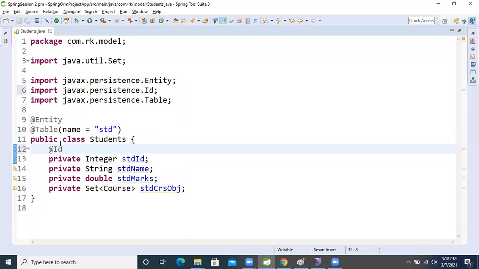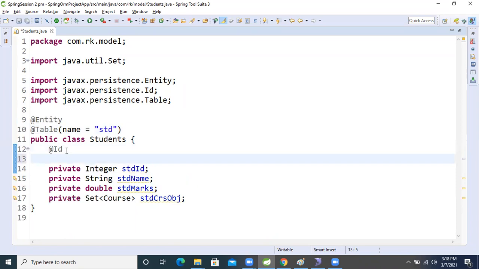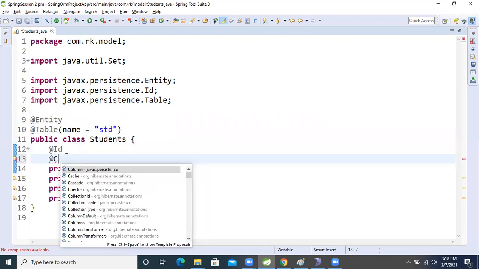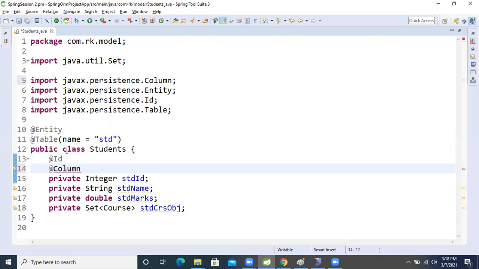After applying this, next we will use @Column, because I want my choice of name in the database. So which annotation and which attribute will we apply? @Column with name, then SID.